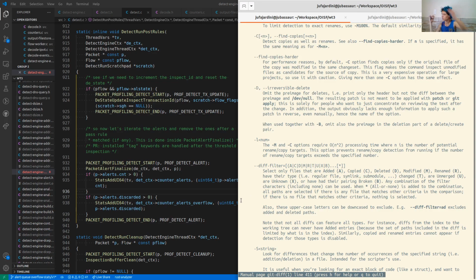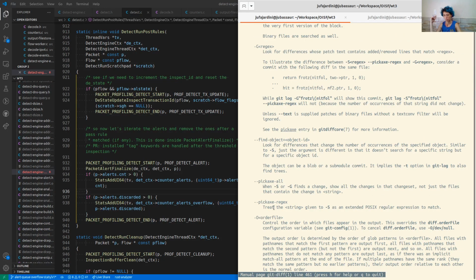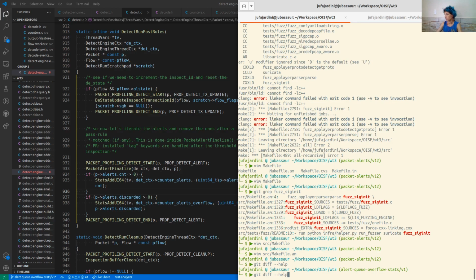Like only the files that are added, copied, deleted, modified, renamed. No. Why is it so difficult? Git diff. What is the file? Source detect. No, detect. Engine alert C. Alert Q. Master. What does this do?